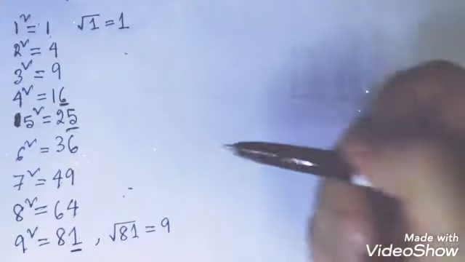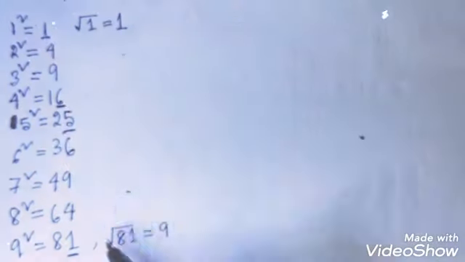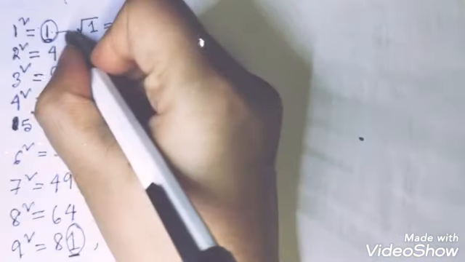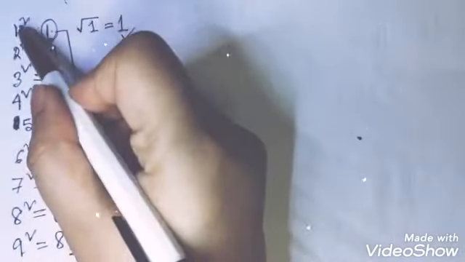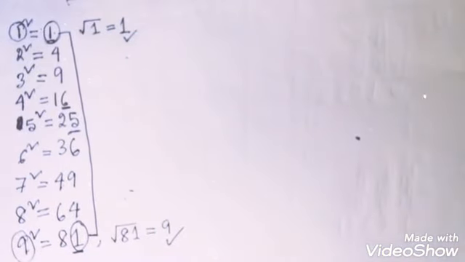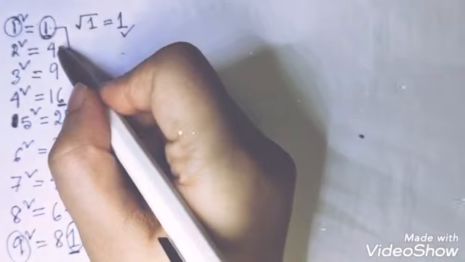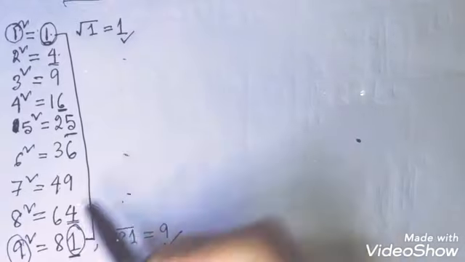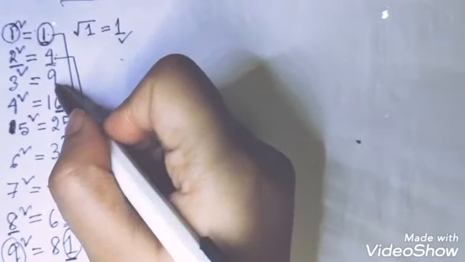So you can see whenever the unit digit of a number is 1, the square root will be either 1 or 9. That is, whenever the unit digit is 1, the square root's unit digit will always be 1 or 9. Similarly, whenever the unit digit of a number is 4, the unit digit of the square root will be either 2 or 8. And similarly, when the unit digit of a number is 9, then the square root will be 3 or 7,